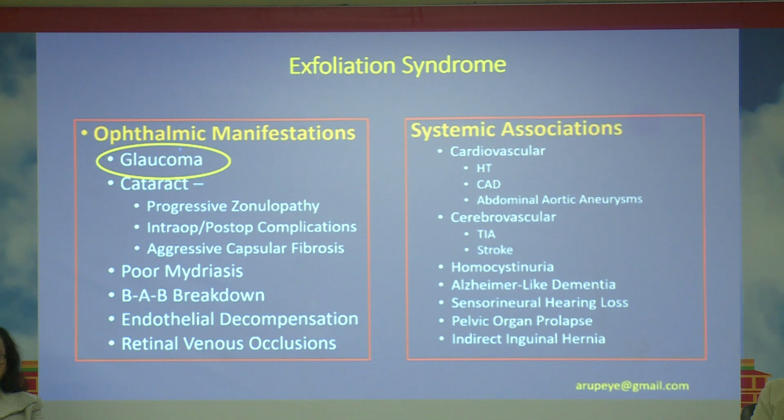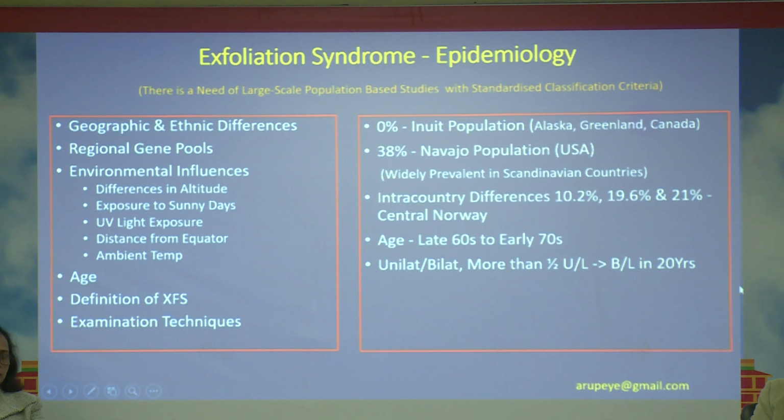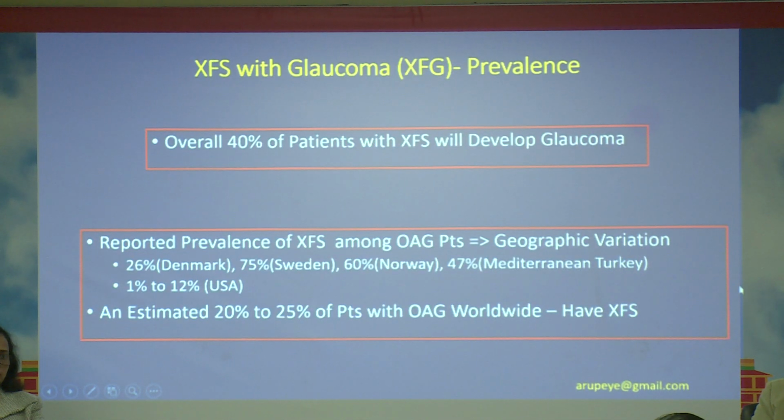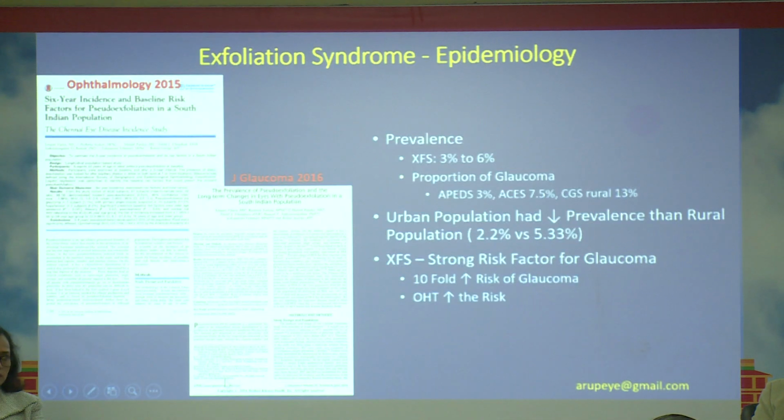And whenever I get a patient with exfoliation syndrome or exfoliation glaucoma, I make it a point to have the patient referred to the internist so that a proper cardiovascular and cerebrovascular workup is done. As regards etiology, about 40% of the patients with exfoliation syndrome will develop glaucoma eventually. And coming from the other perspective, about 20% to 25% of patients with open angle glaucoma worldwide will have exfoliation